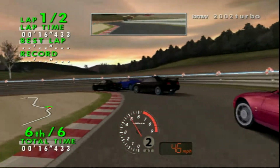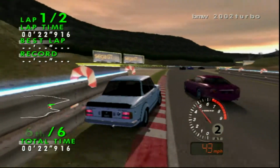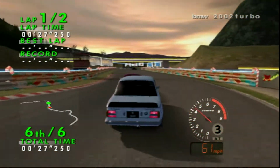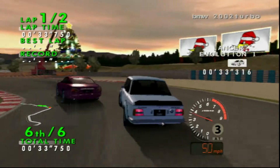The AI always initially gets a bit of a boost from the start, and then as the race goes on, they progressively slow down. It's a race of the Christmas presents. Who will get there before Santa? It's a 2-lap race. But it's still got the other tracks, I forget what logo that is, but